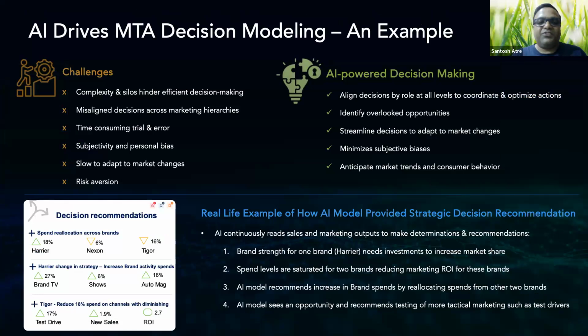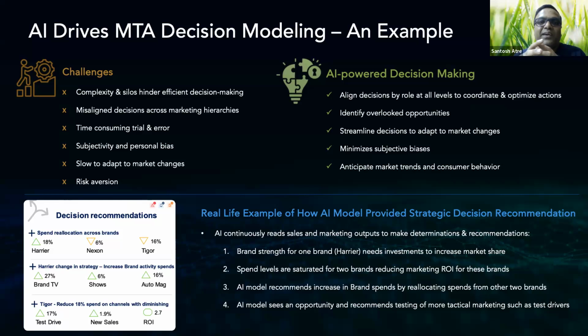Let's start with decision modeling, right? So we all understand the challenges with marketing decisions today. It is complex. Marketing decisions are made in silos. You have a campaign manager who's working on optimizing the campaign. Then you have a channel manager who's working on optimizing the channel. And then you have a strategic brand manager who's looking at all aspects of brands. And they're all taking decisions within the silos. But in reality, all of these interact with each other. So this affects decision making.